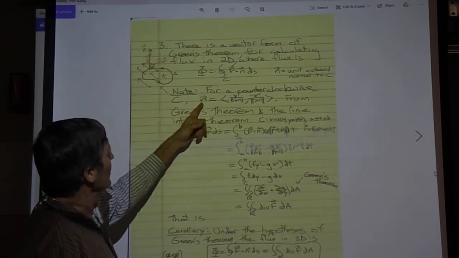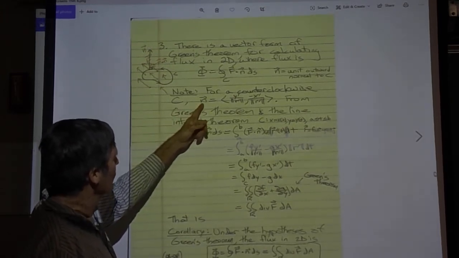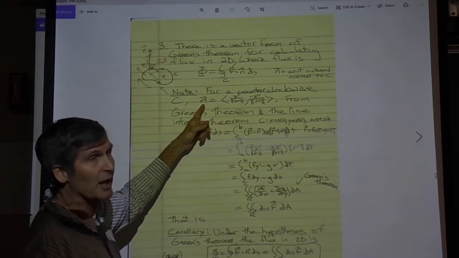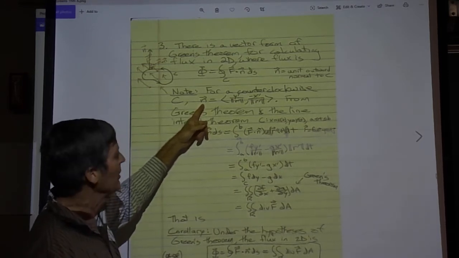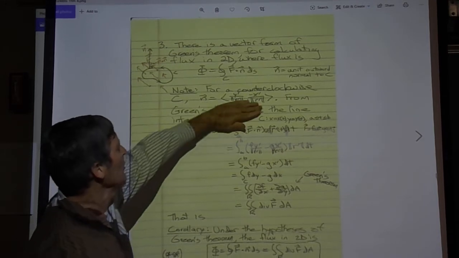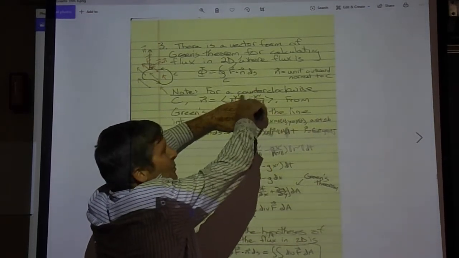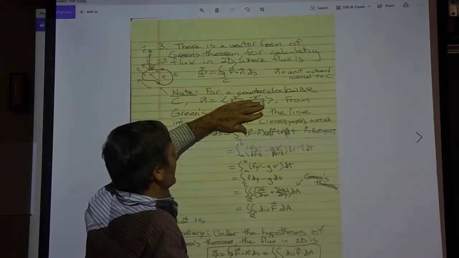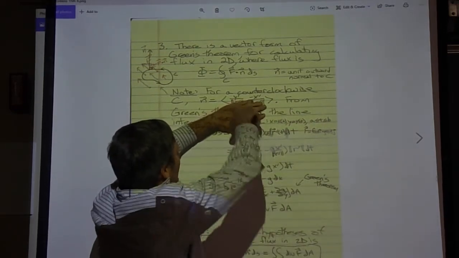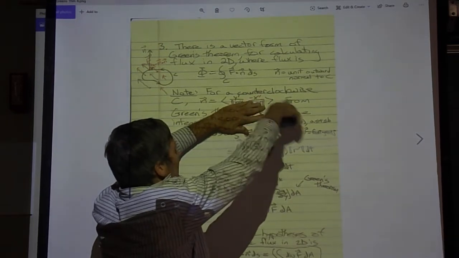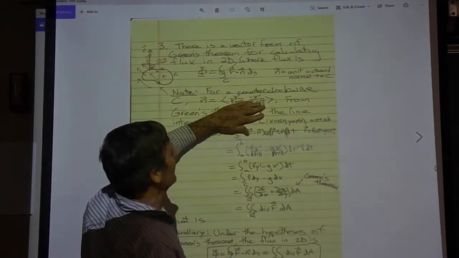Here's the unit normal to a plane curve. We recall that x prime, y prime is the tangent vector to a plane curve. So what's a normal vector but y prime, minus x prime, right? If you dot product this with the vector x prime, y prime, you get 0, right? x prime times this plus y prime times this gives 0. So this is perpendicular to the